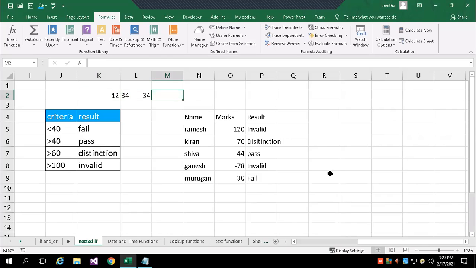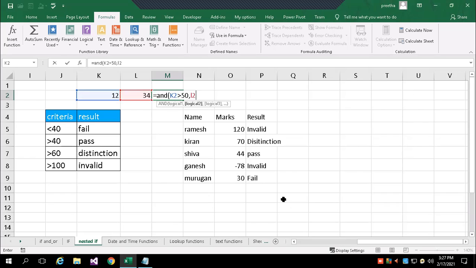In this, I will compare, and the first test, I'll ask greater than 50. Second test, again, greater than 50.